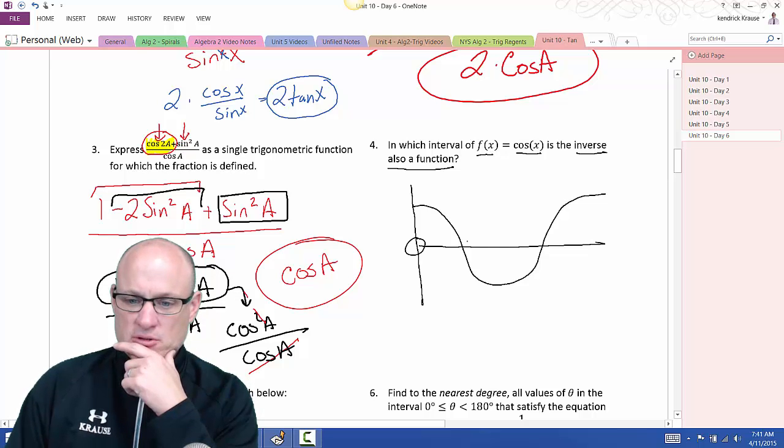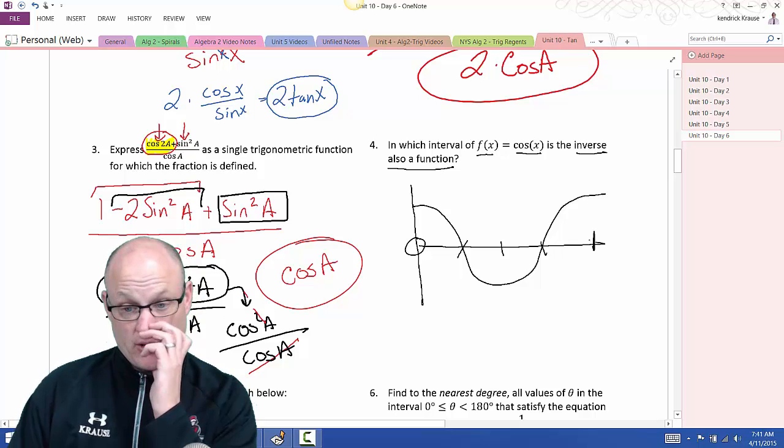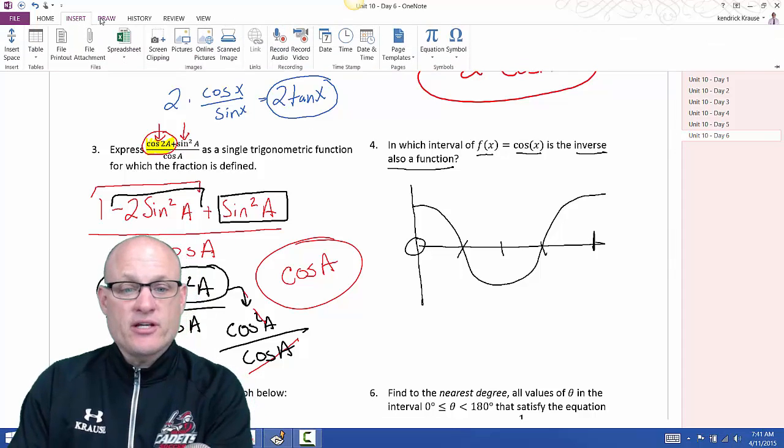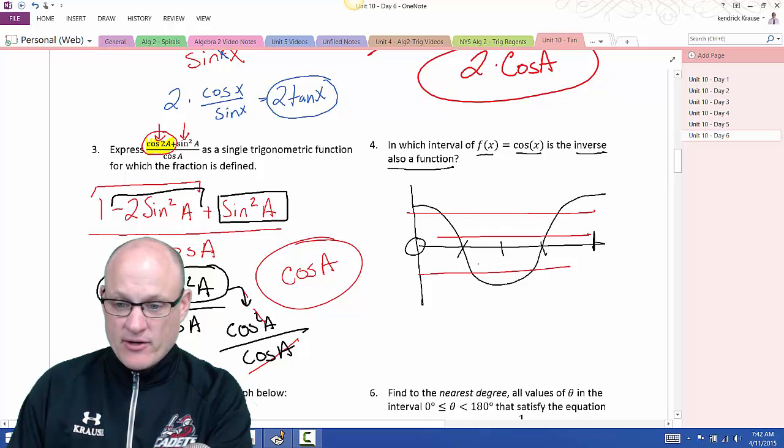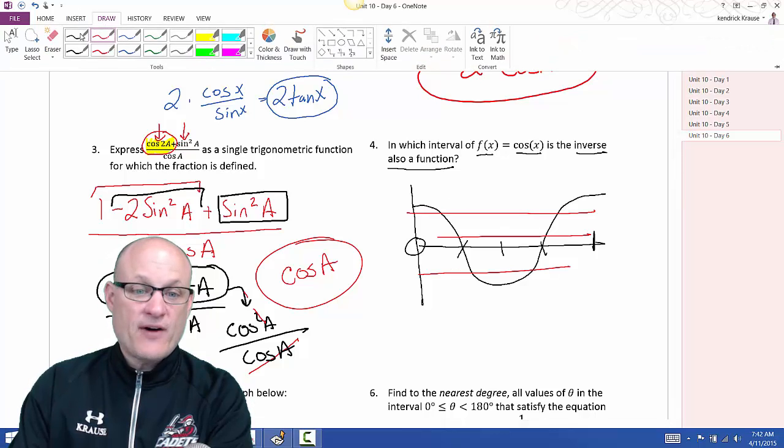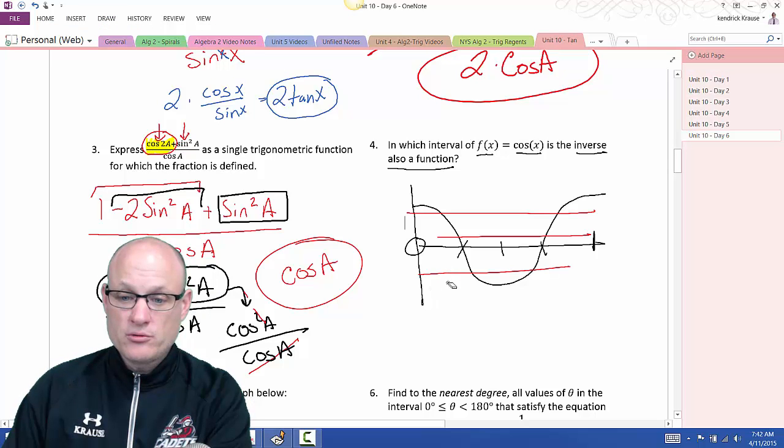Zero, 90, 180, 270, and somewhere over here is 360. So clearly this passes the vertical line test so that it is a function, but it fails the horizontal line test like this because it's got a piece that comes down and it's got a piece that goes up. So if I were to